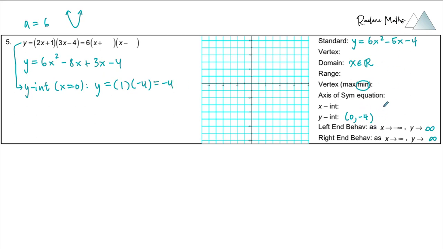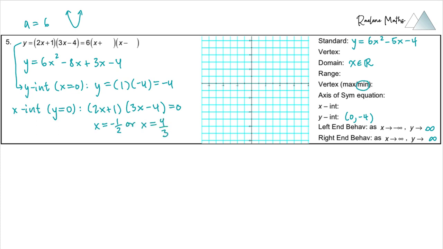That's great. I can also come up with the x-intercepts from the factored form by setting y equal to 0. And so doing that gives me either the first factor or the second factor equal to 0, and that's going to give me x-intercepts that are fractions. So x is either equal to negative 1/2 or x is equal to positive 4/3. So I can record my x-intercepts here,